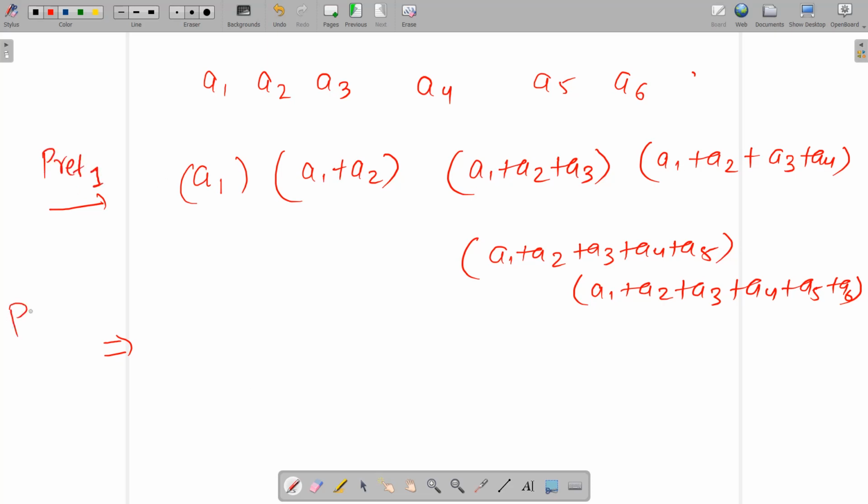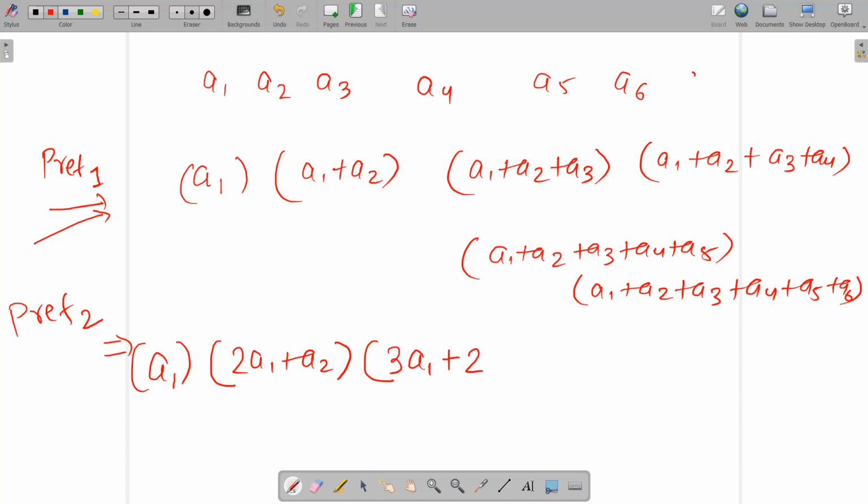So let me take a prefix sum a second time. For this prefix sum, the first time I will take the prefix sum of this one. So it would become A1 only, and the next term would be 2A1 plus A2, and the next term would be 3A1 plus 2A2 plus A3,